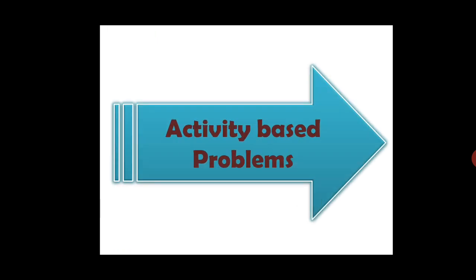So friends, all these were the problems that we have been discussing in question number 4 and 5. Now we will see a few problems that would be likely to be asked as activity based problems. So let us discuss the first problem. Complete the following activity to decide whether 7 cm, 24 cm, 25 cm form a right angle triangle or not. So here 25 square, one box, what is that? We have to write.